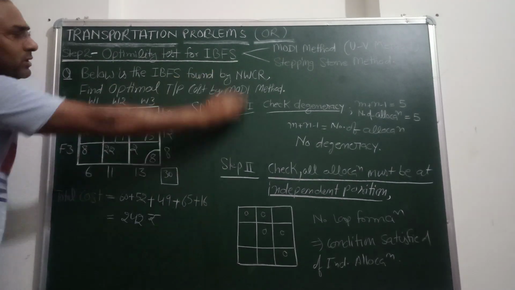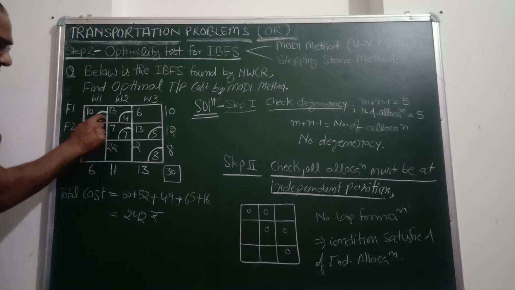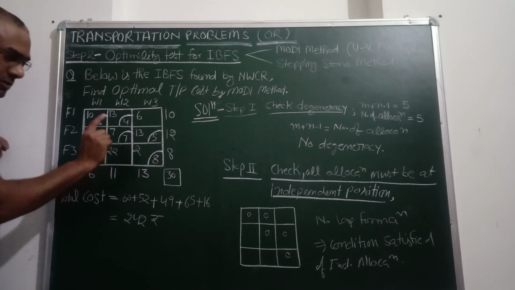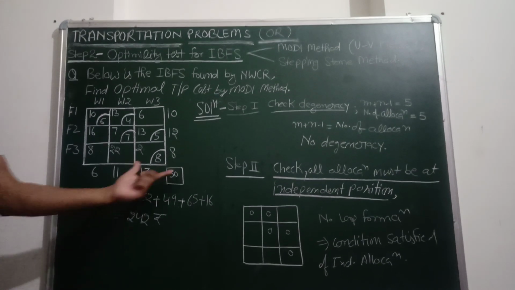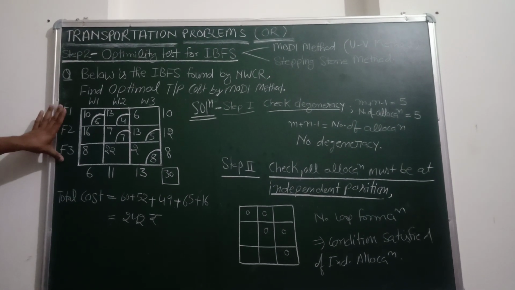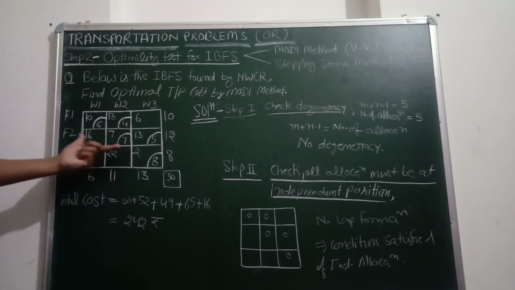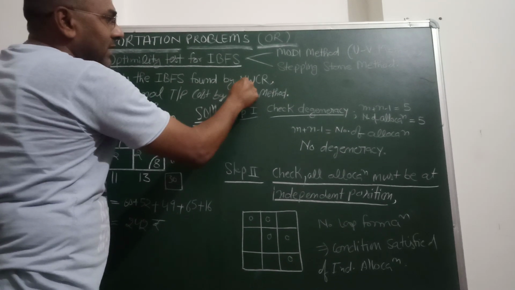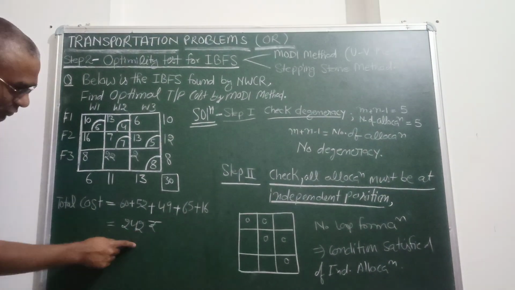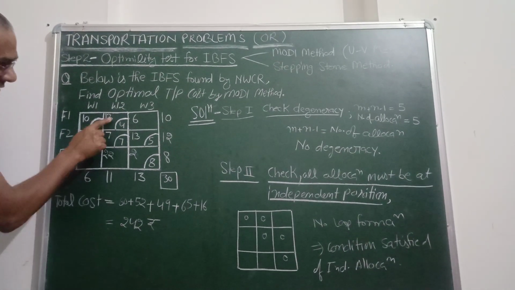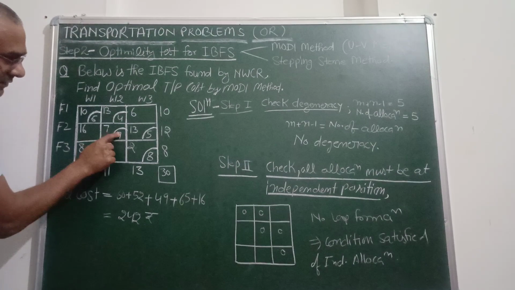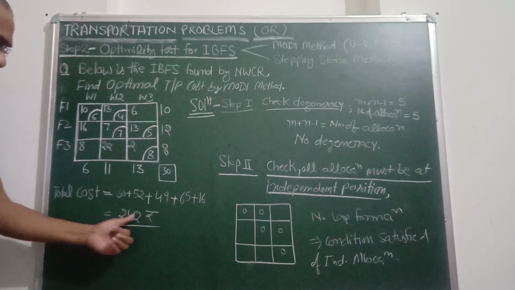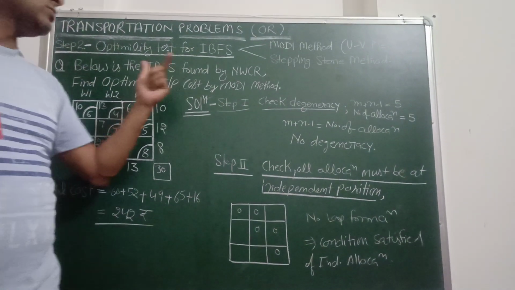Now as explained in the previous video, these are the allocations: 6 to this cell, 4 to this cell, 7 to this, 5 to this, and 8 to this. We have studied earlier that this is a balanced problem. When we made allotment to the different cells, we found that the total cost using the initial basic feasible solution by NWCR method is 242 rupees. You know that this is 10 into 6, this is 13 into 4, 5 into 2, this is 7 into 7, 4 into 9, this is 13 into 5, and 2 into 8. So we have found 242 rupees cost of the initial basic feasible solution using NWCR.